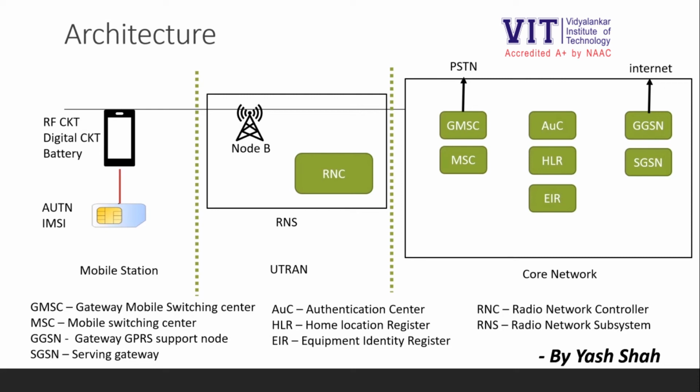The components inside a radio network subsystem are, first, the node B. As you see in the diagram, there is a node B. Node B is nothing but a transceiver, that is a transmitter and receiver of data signal. A single RNS can have n number of node Bs depending on the cell size, but it has a single RNC. So one RNS cannot have more than one RNC. What is an RNC? RNC is the radio network controller. The functionality in security aspect of RNC will be looked upon in the further slides.